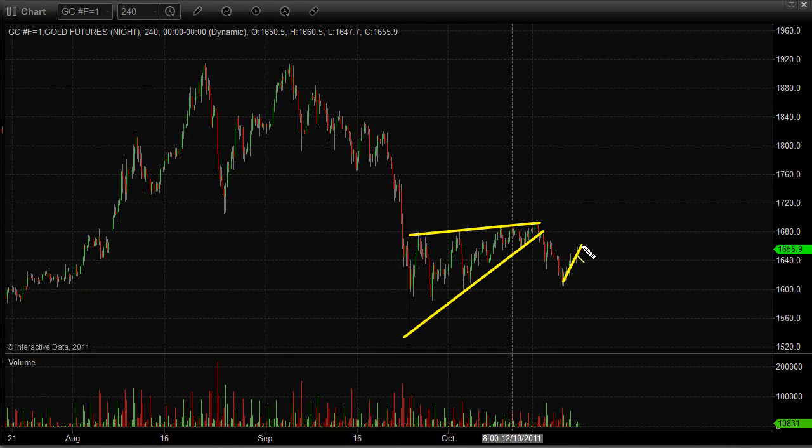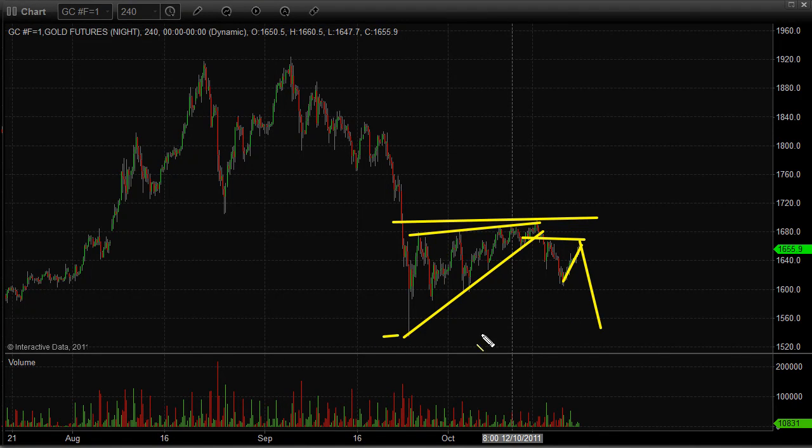Right now we're seeing a bounce back up into this resistance zone, and we'll have to just see if we end up seeing gold fall off to put in a double bottom, or possibly slide a little bit lower. And then after that, I would actually be looking to go long crude oil. So right now,